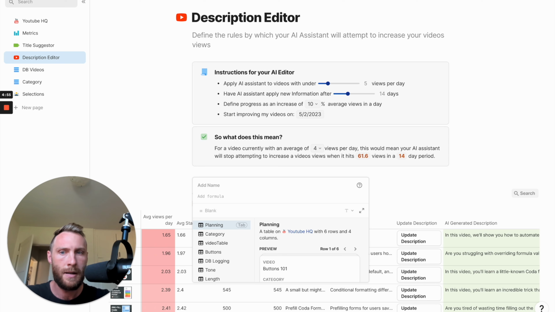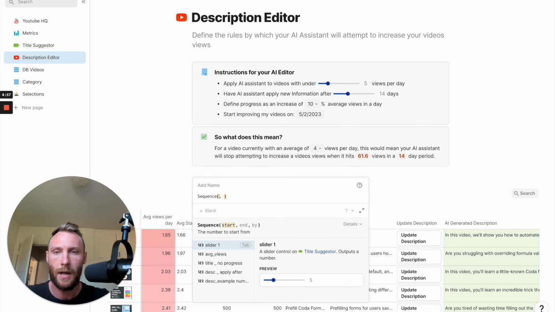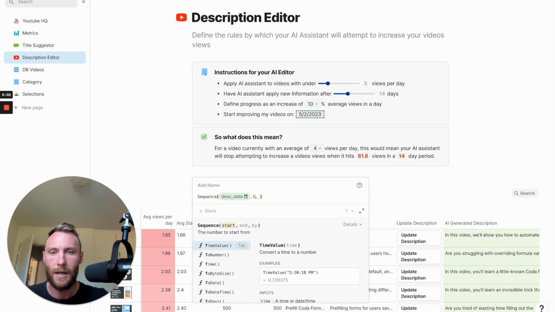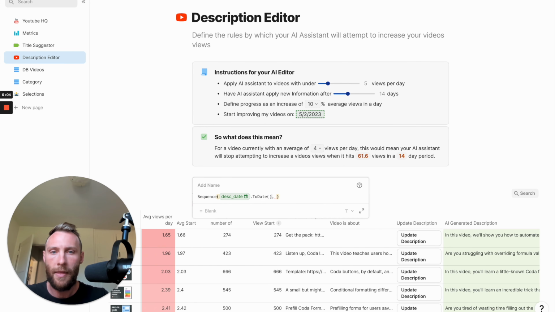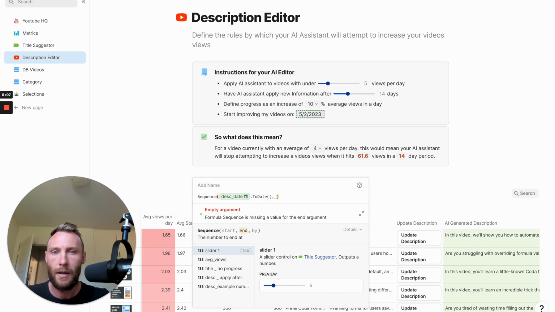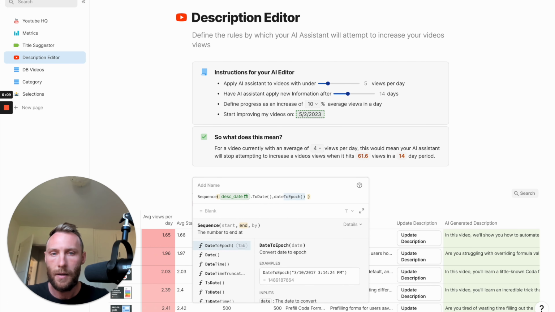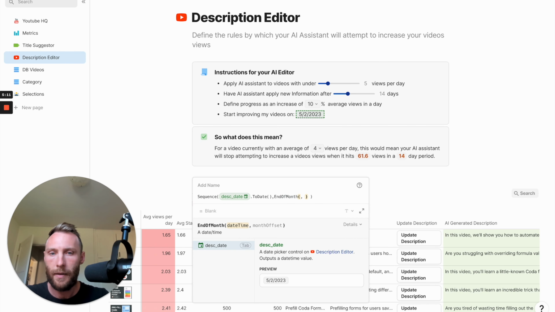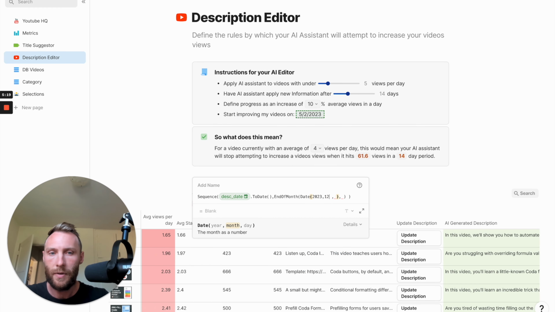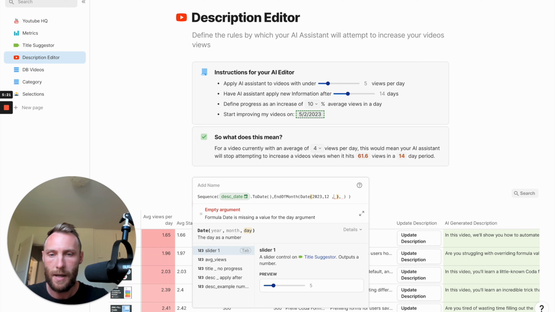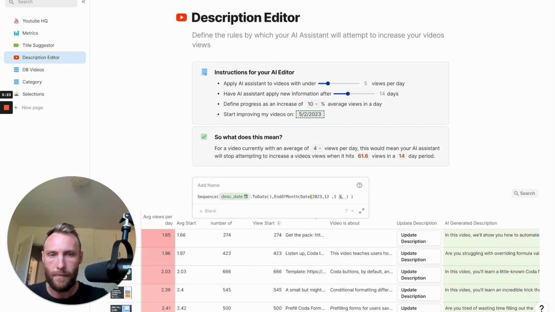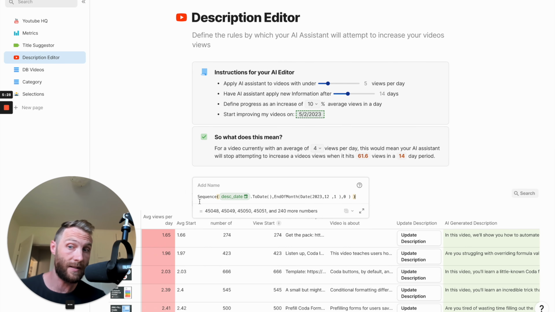And I'm going to say sequence from date, description, date. Yep. Okay. Dot to date. And then I'm going to say, hey, do it to, let's do the end of the year. End of month, the date time. Date is 12. No, year is 2023. 12 and day 1. Great. All right, so that should give me, so sequence, what sequence does is it gives you a list of